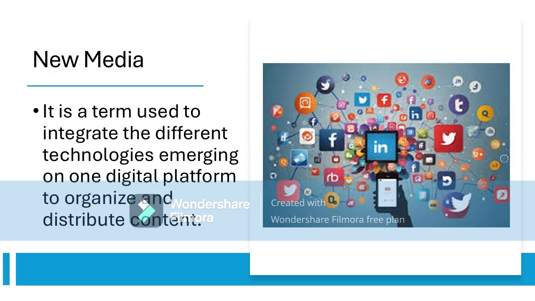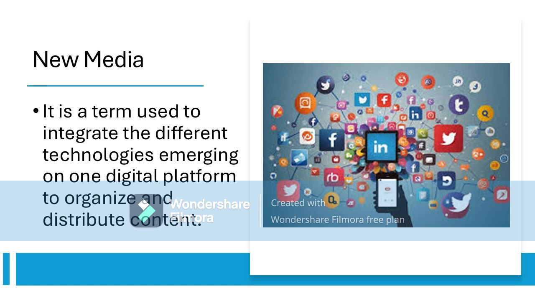The third type of media is the new media. It is a term used to integrate the different technologies emerging on one digital platform to organize and distribute content. Some examples are podcasts, augmented reality, video games, blogs, and wikis. There are two common characteristics of new media. We have the disseminating the information to several receivers, which is theoretically infinite in customized ways, depending on the specification